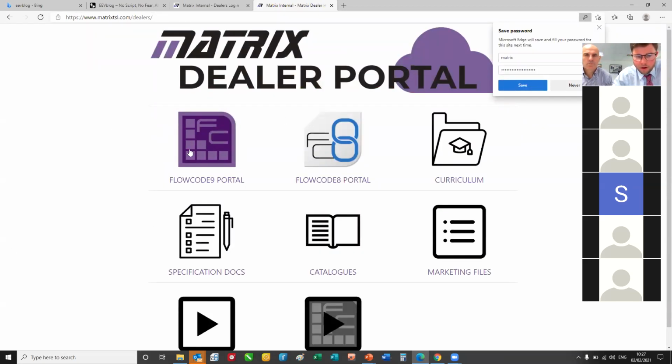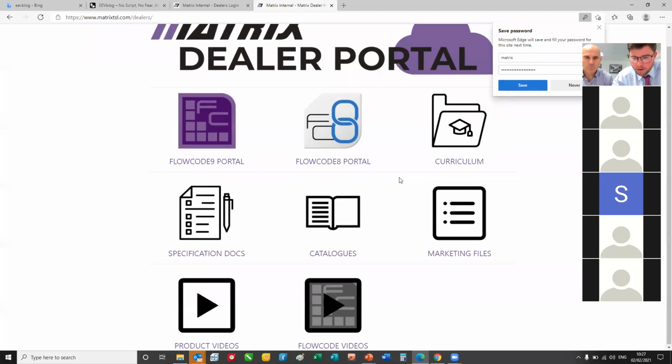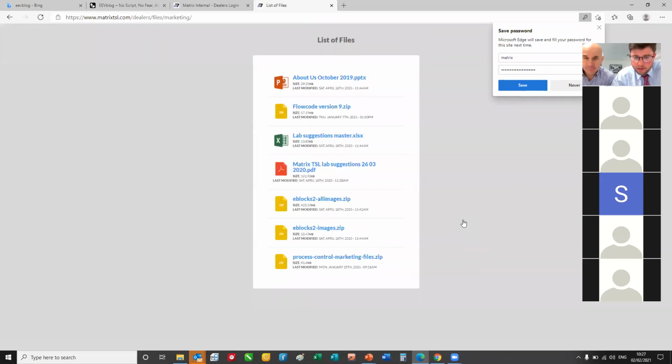Typical screen on the dealer portal, guys. So you've got two areas for flow code 9 and flow code 8. That's more about flow code. I'm going to focus on the process control. So the specification documents for any tenders that you might be writing are available in the spec documents there. In the marketing files, it will bring you up to this page. Now, obviously, you've got things about us, various documents, but at the bottom,